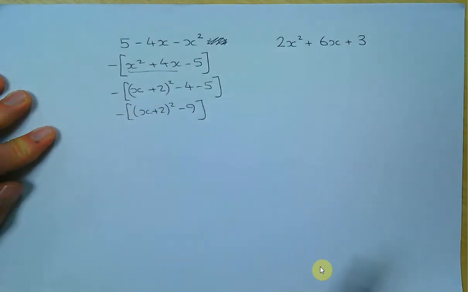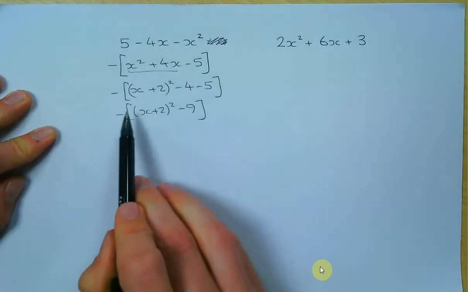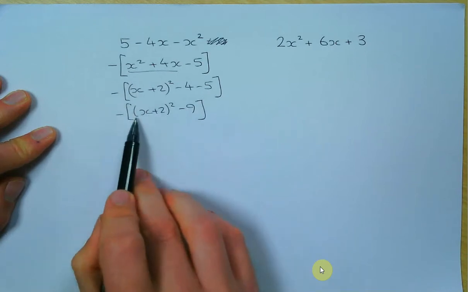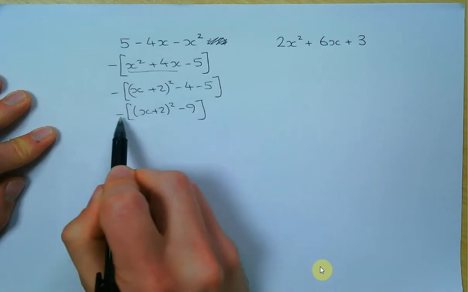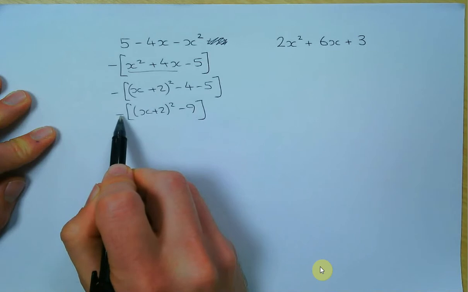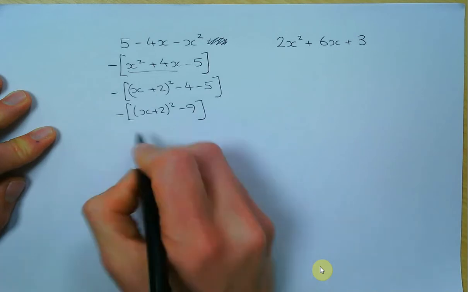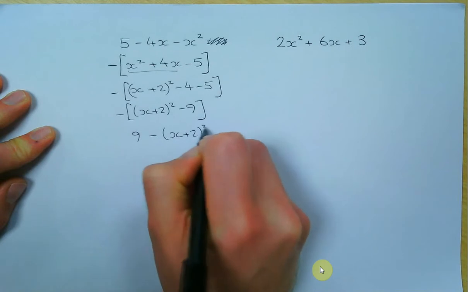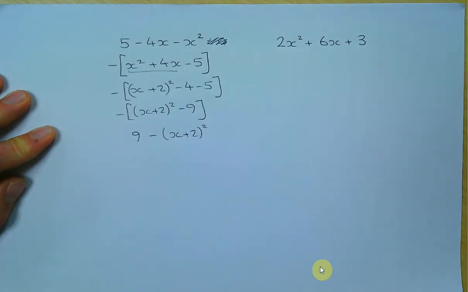And the reason I like the square brackets rather than a normal one, because you'd have a bracket here, and it looks a bit naff, I think. But if you put a square bracket, it looks a bit better. Now we're going to multiply by -1. So we're going to get 9 minus x plus 2 all squared. And if you're ever unsure whether you've done it right, you just expand it and you will get this. Now for this one,